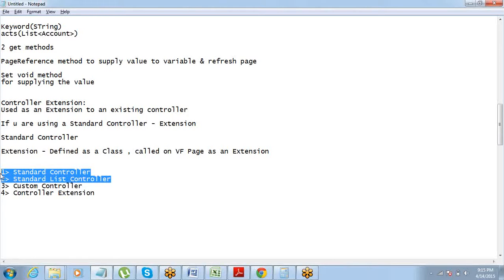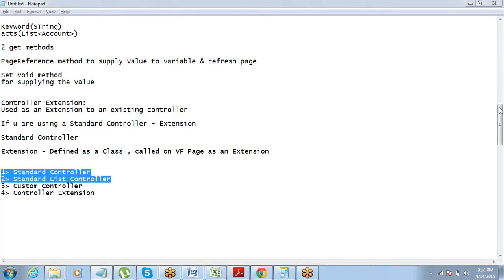Okay. Now Sonu, difference between standard and custom controller?